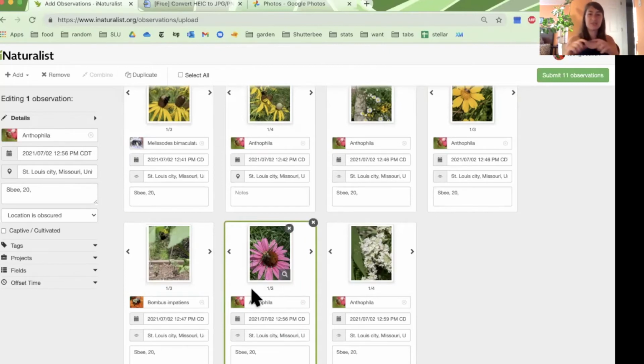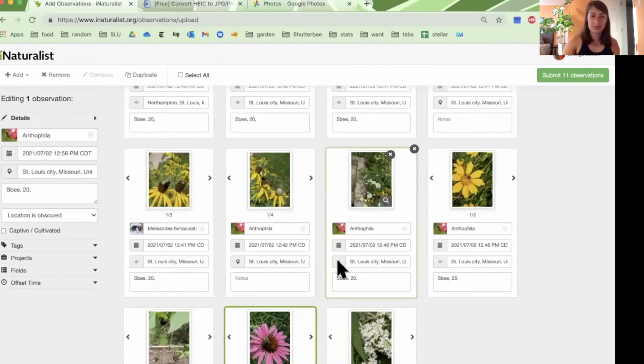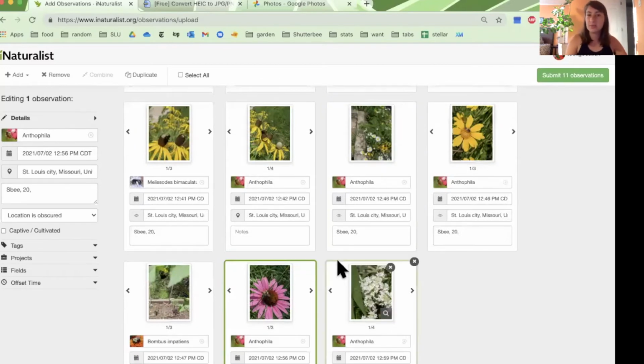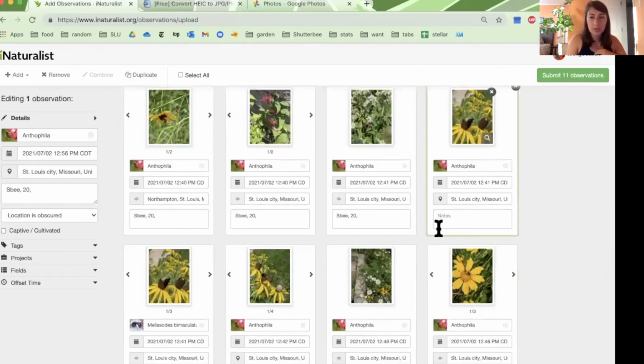I do like to label everything as B first, just that way I don't make a mistake. There's like 11 observations here, but sometimes if you have like 20, it's really easy to miss stuff. And it doesn't give you any warnings or anything if you have things off. So I like to give everything the B, and then at least it will make it into the project, even if I knew it went farther. At least I know what it is. Okay, so